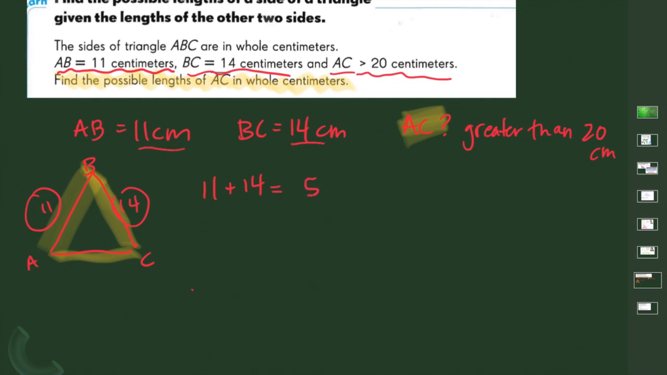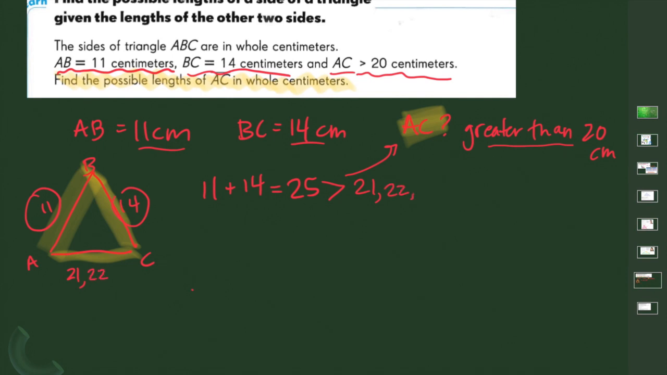11 plus 14 would be 25 centimeters. So 25 has to be greater than the third side length, which would be AC. And the only information we were given is that AC has to be greater than 20 centimeters. So what numbers are greater than 20 but less than 25? Well, 21, right? So AC could have a side length of 21 because that would still allow 25 to be greater than 21,